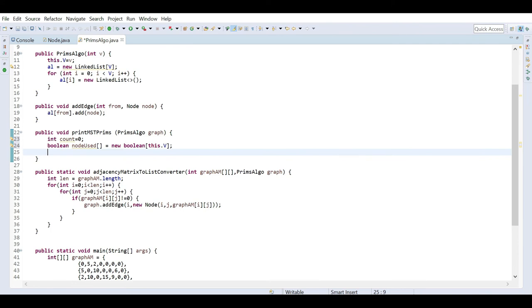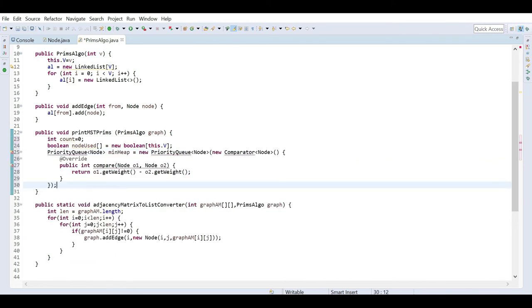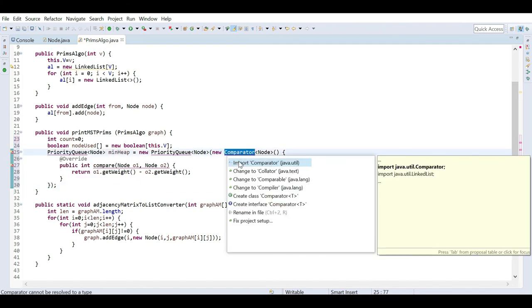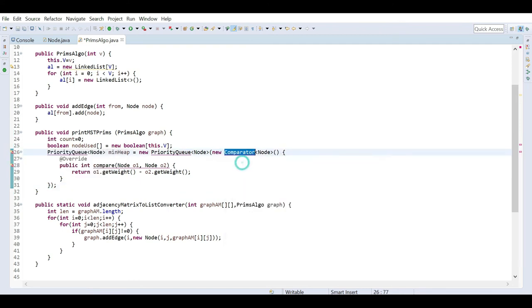Okay, so how I will define it is I'm just copy and pasting here to save some time. So I will take a priority queue. I will import a few things here, one is the comparator, then this priority queue.